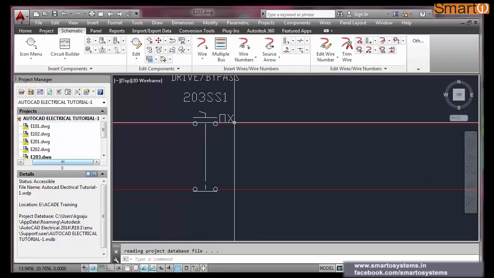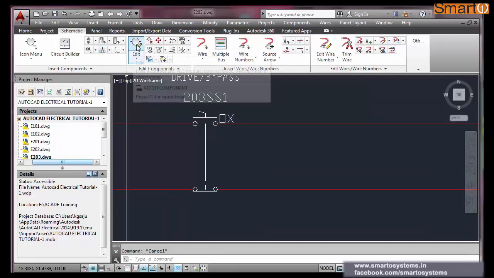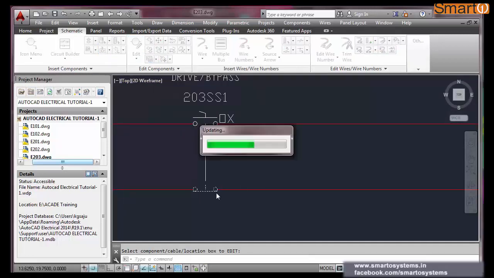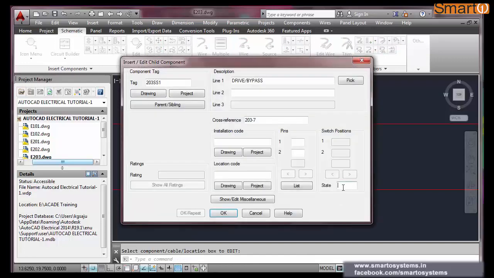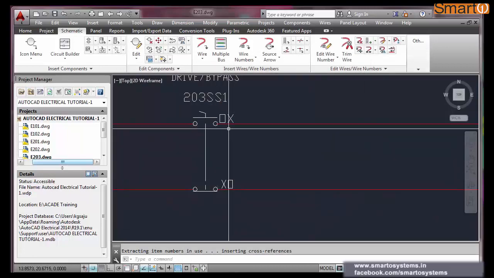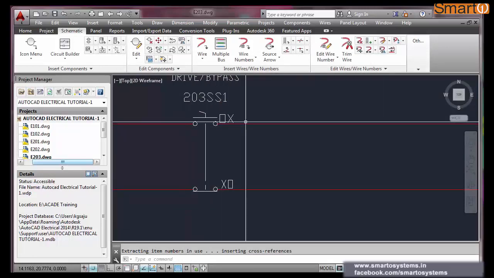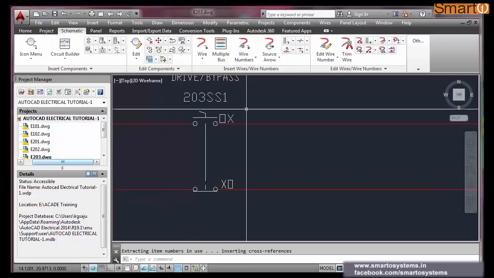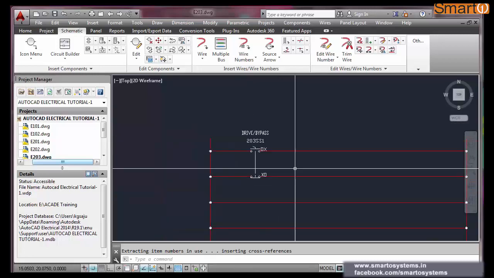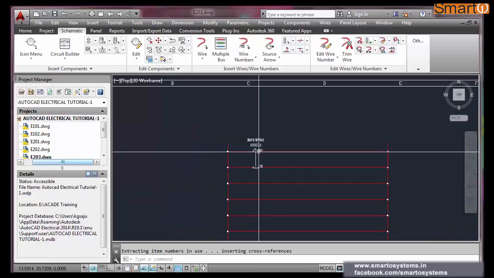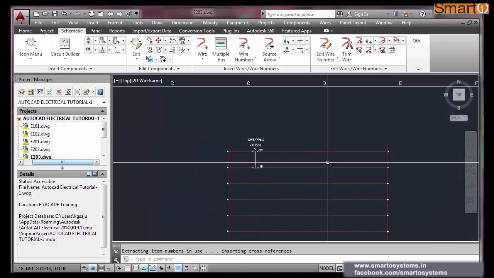When you put it in this side, this will get on. Similarly, if you check the bottom one, I think the state you can put here is X, O. See, when you put it in this position, this is off and this is on. When you put it in the other direction, it will get on. So this is my drive bypass selector switch.